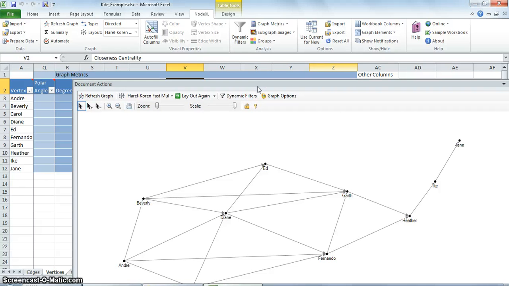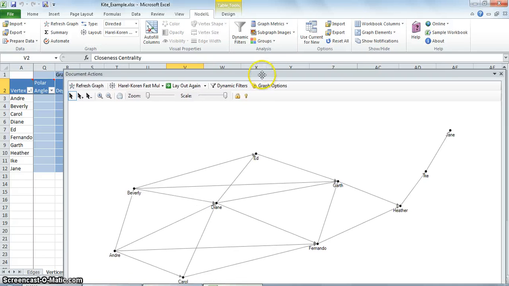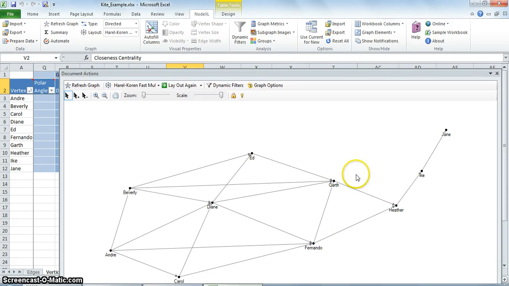So closeness centrality is a measure of the average shortest distance from each vertex to each other vertex. In the kite network, Fernando and Garth have the lowest closeness centrality measure, suggesting they might be in a good position to initiate the spread of information through the network.